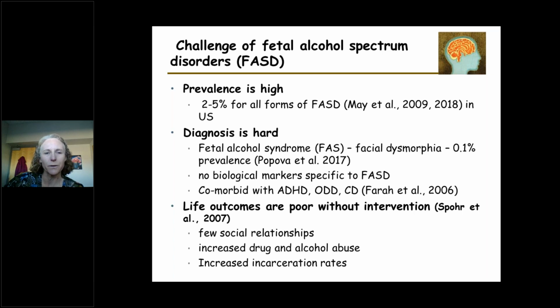The challenge with fetal alcohol spectrum disorders is that the prevalence is high. In the US, the current estimates, based on a case ascertainment study in which they actually evaluated these children, and based off a study of almost 10,000 children, established that 2 to 5% of the kids in first grade have some form of FASD. It means that they have sufficient either cognitive or behavioral deficits to meet criteria for the diagnosis of FASD, and that they had evidence of alcohol exposure